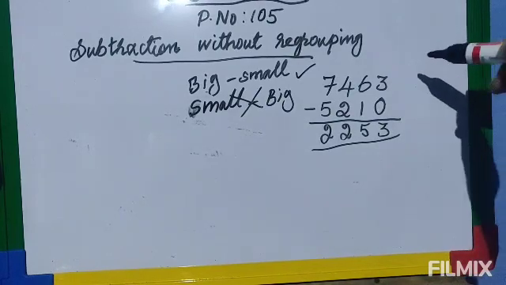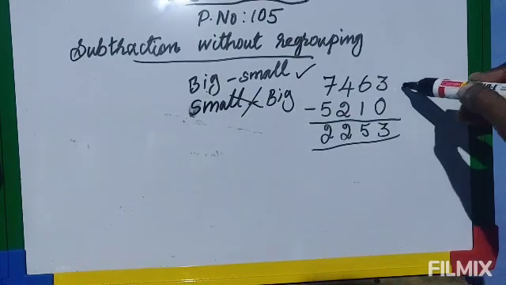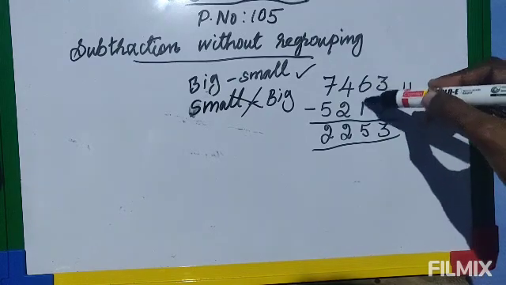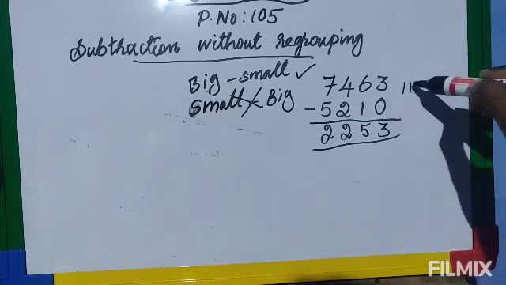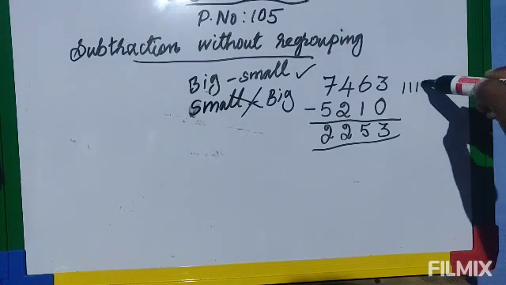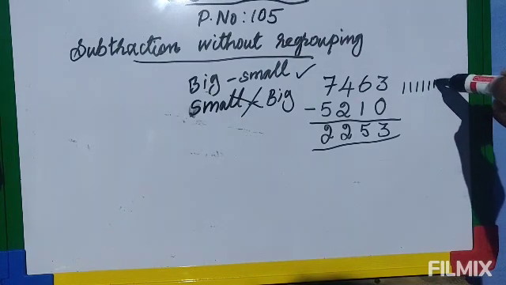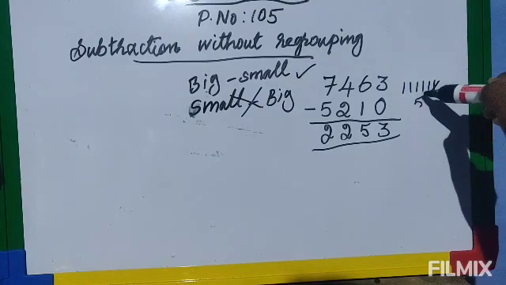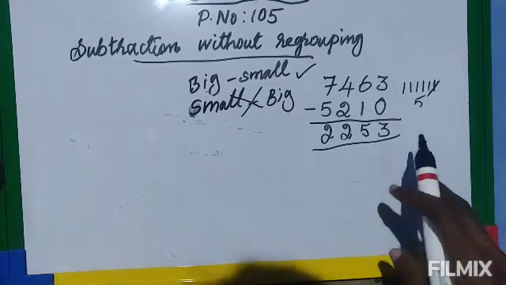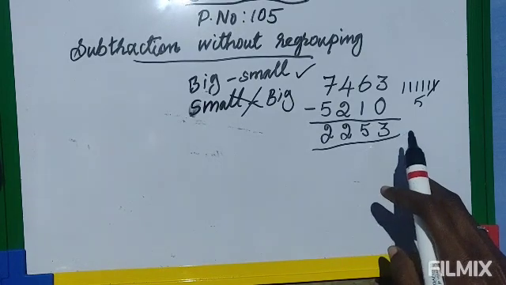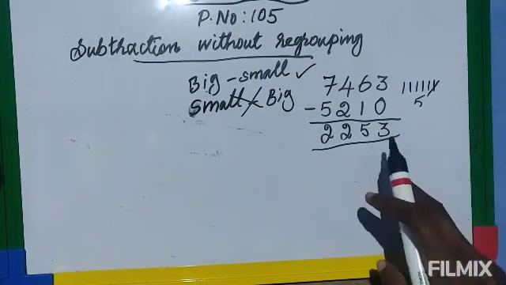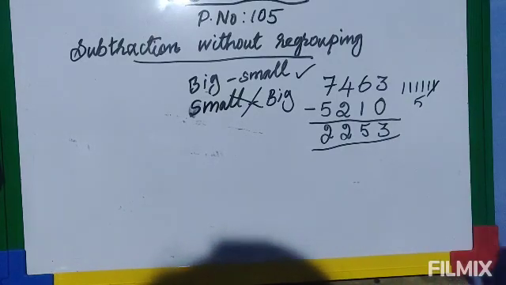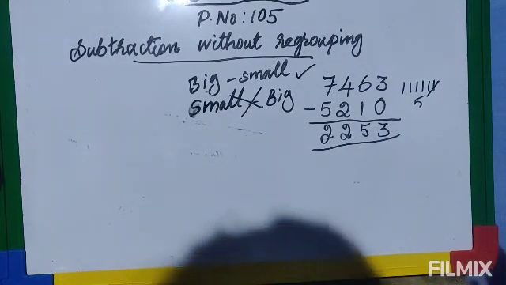Since many of you are coming from class 2, I think you will do it like this: to subtract 1 from 6, you draw the line 1 2 3 4 5 6, again you cut 1, then you count the remaining, it remains 5, and write the answer. This is the way. If you are counting now, it will take time. You do it in the rough, don't do it in the main. Make your calculation faster, then you will be able to do it faster.